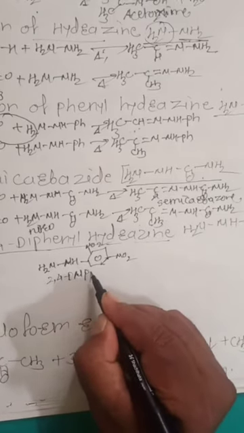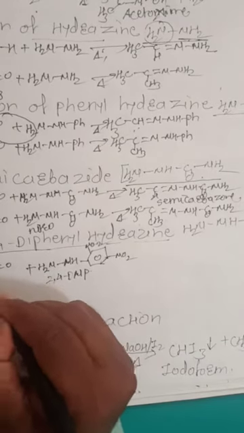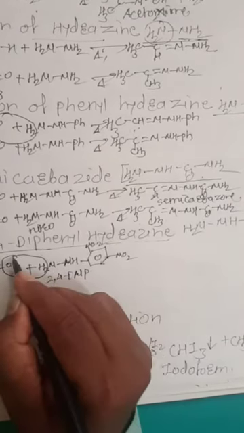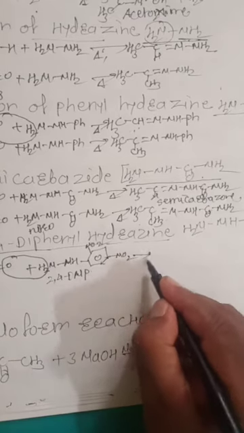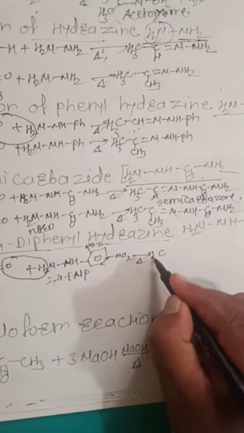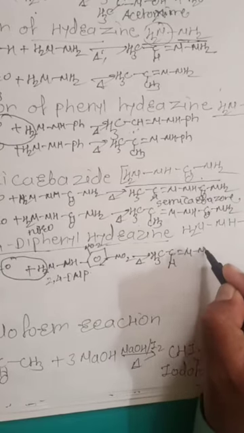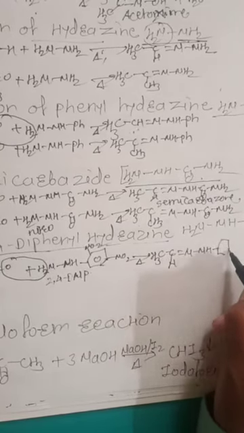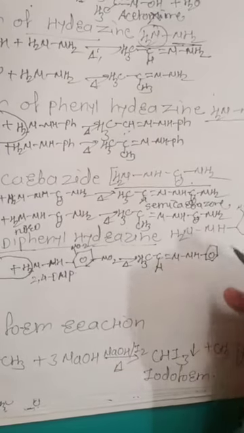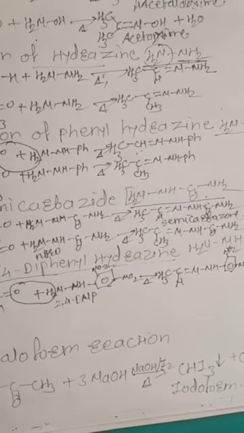We can write DNP. When it combines with aldehyde, then dehydration takes place by addition and elimination reaction, and we get corresponding 2,4-dinitrophenylhydrazone. Similarly, ketones react with this